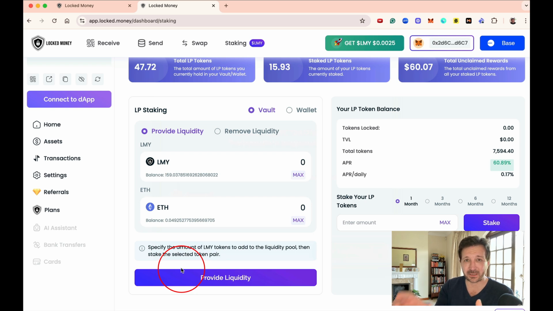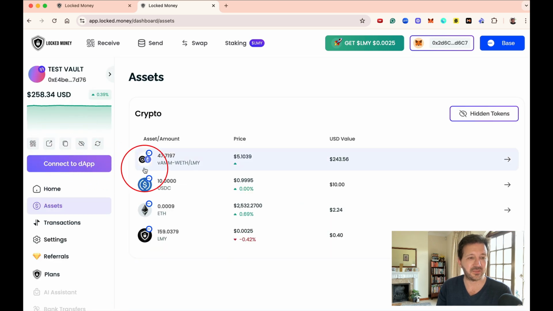Now, let me show you where that LP token is, because we haven't staked it yet. We've just added some locked money and some Ethereum together to create this token. It will now show under your assets. It often has a weird looking name. Don't be put off by how it looks, but let me show you. If I go to assets here, there we go. Look, you see, I've got here